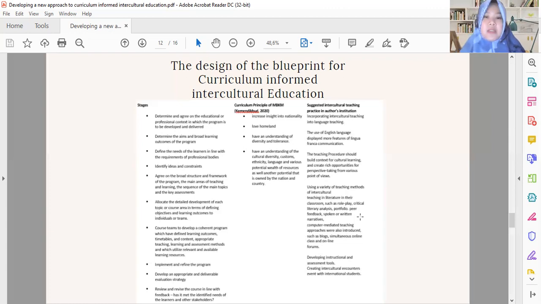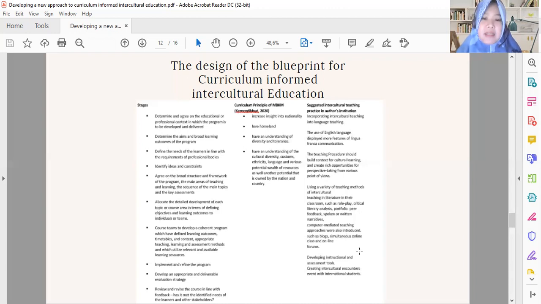And then also the important thing is integrating a computer-mediated teaching approach for intercultural education, such as blogs, simultaneous online classes and offline forum, and so on and so forth, and even social media.